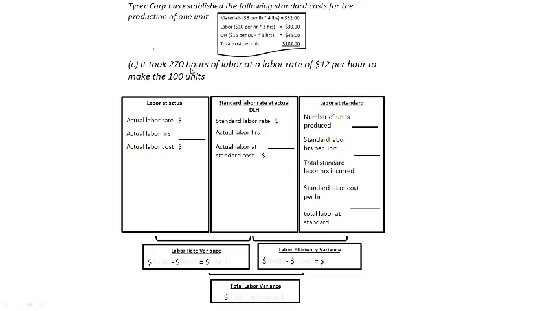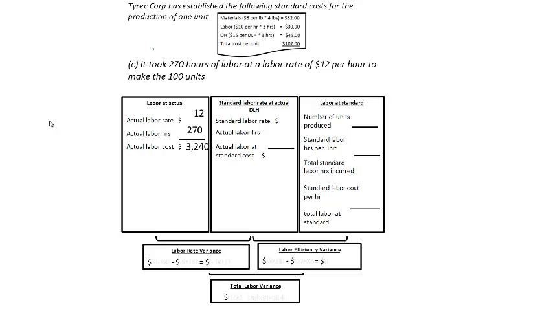It took 270 hours of labor at a labor rate of $12 per hour to make the 100 units. So that's the amount of labor that we input plus the actual labor rate. So we take a look at labor at actual, and the actual labor rate is $12 an hour times our actual labor hours, means our actual labor cost, in effect our payroll, is going to be